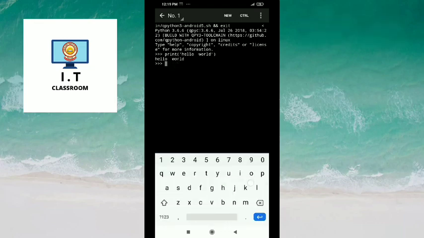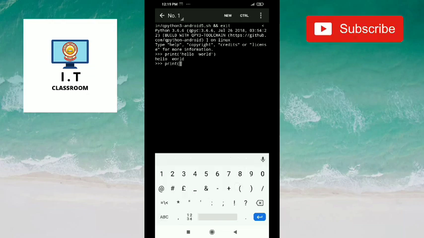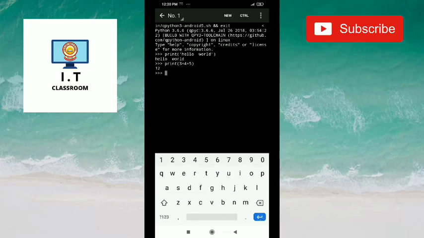For this, first type here print, after that bracket start, then tell the numbers which you want to add, and you have to use plus operator for the addition. Then bracket close. After typing this expression, press enter key.